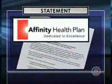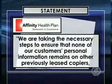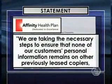up. The Buffalo PD and the New York Construction Company declined comment on our story. As for Affinity, they issued this statement that said in part, "We are taking the necessary steps to ensure that none of our customers' personal information remains on other previously